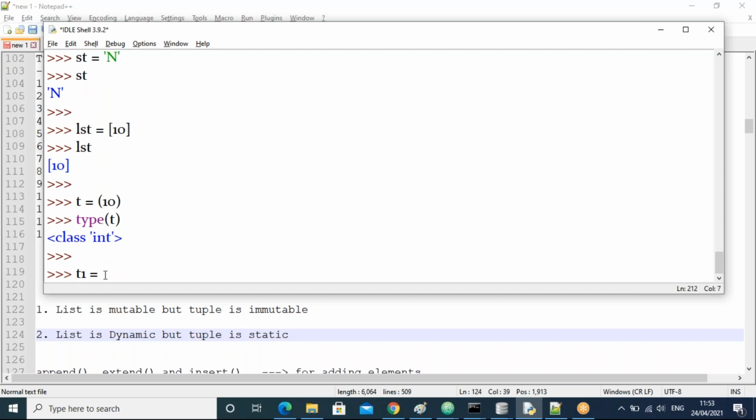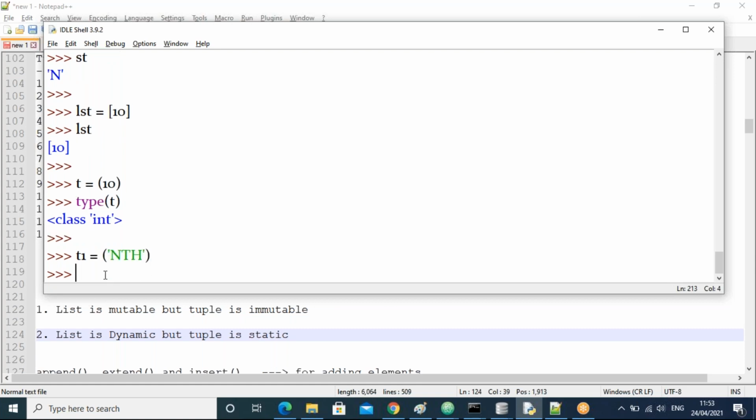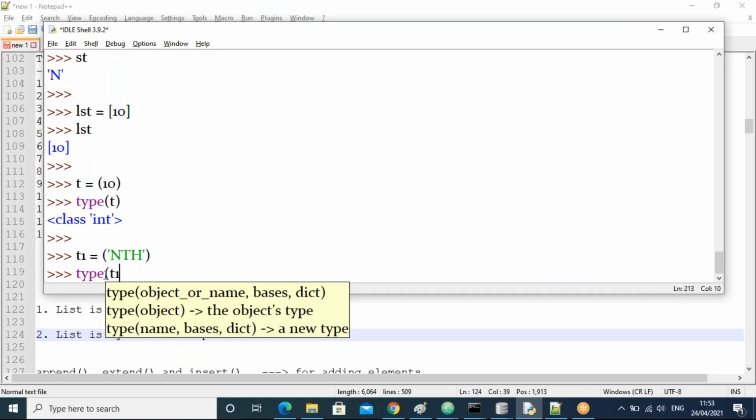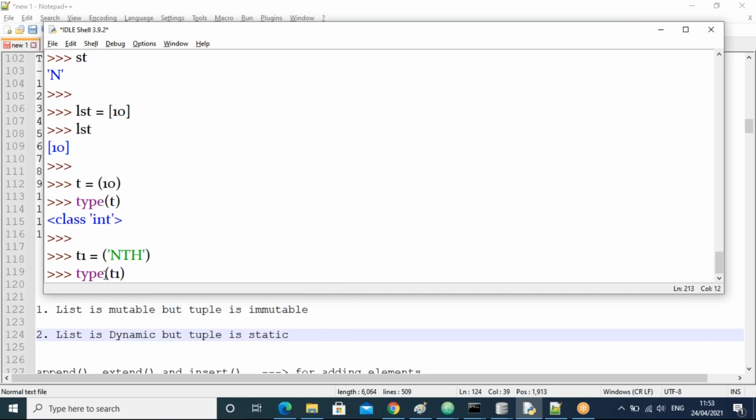Next, suppose t1 equal to, I am taking here nth, guys. Now type of t1, is it string or tuple? Yes, it is the string.